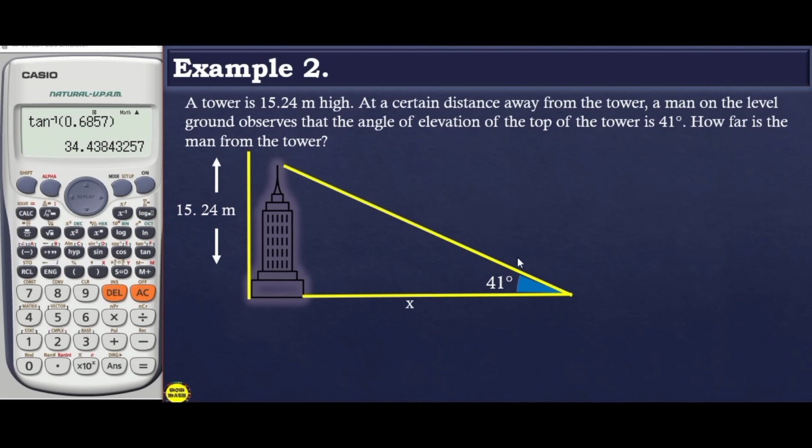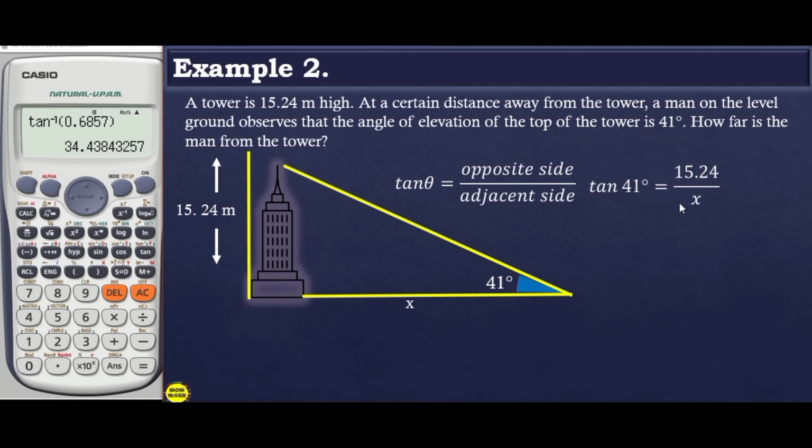So, based dito sa angle natin, ang meron tayo ay opposite side at adjacent side. So, ano pong ratio ang pwede natin gamitin kapag opposite at adjacent? That is tangent. Okay, so tangent theta, your theta is 41 degrees, opposite side over adjacent side. So we now have tangent 41 degrees, since given na yung angle natin, is equal to your opposite side is 15.24. And then your adjacent side, which is your unknown, ito po yung hahanapin natin, that is over x. So, by cross multiplication, etong x natin, that will become x is equal to